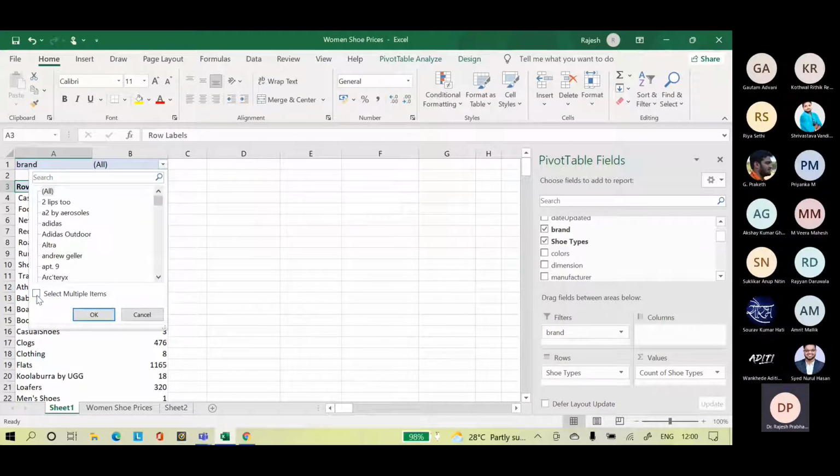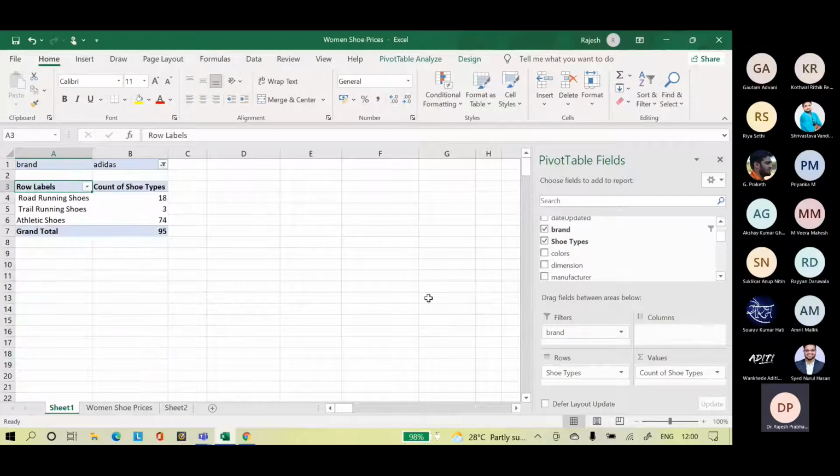So if you look at Adidas, we have 18 road running shoes, 3 trailing shoes, 74 athletic shoes within brand Adidas.